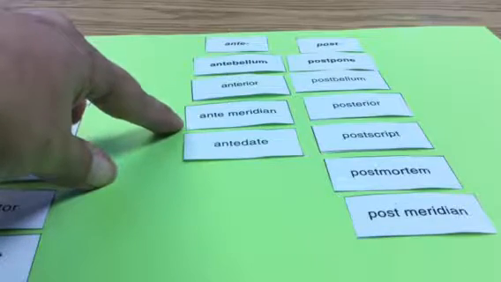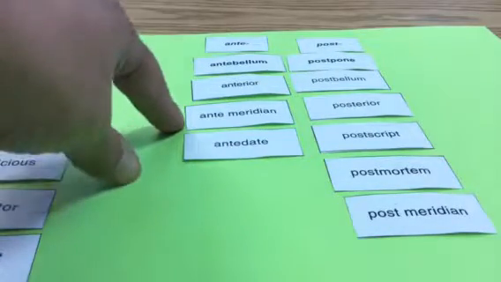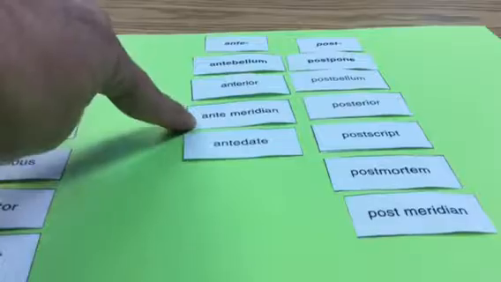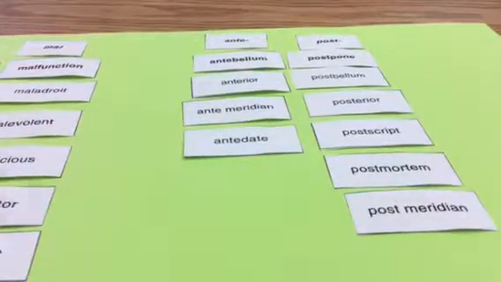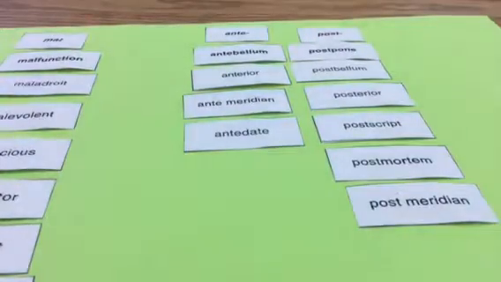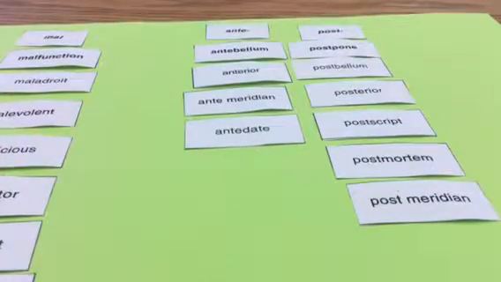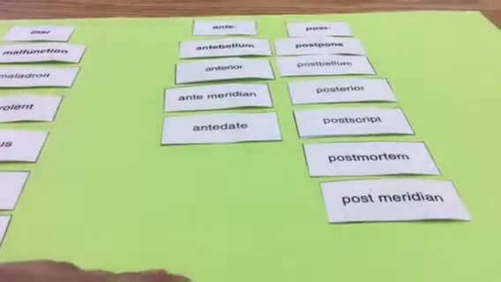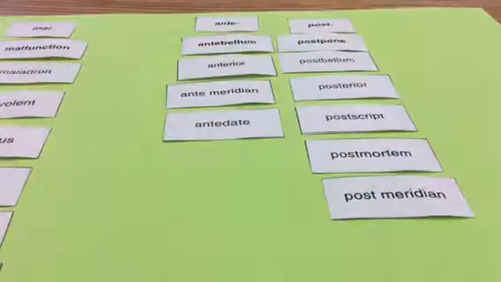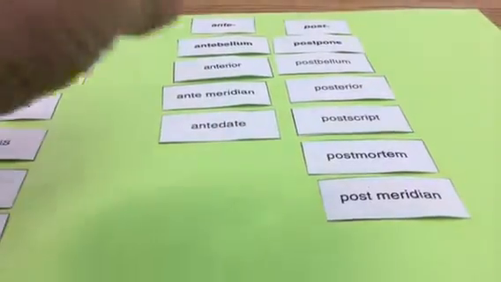So when we say it's 9 a.m., that means before noon. So antemeridian is actually short for the a.m. that we see when we tell time. And then antedate is to precede something in time or before something in time. And then post, we have postpone, and that is to put something off until later.